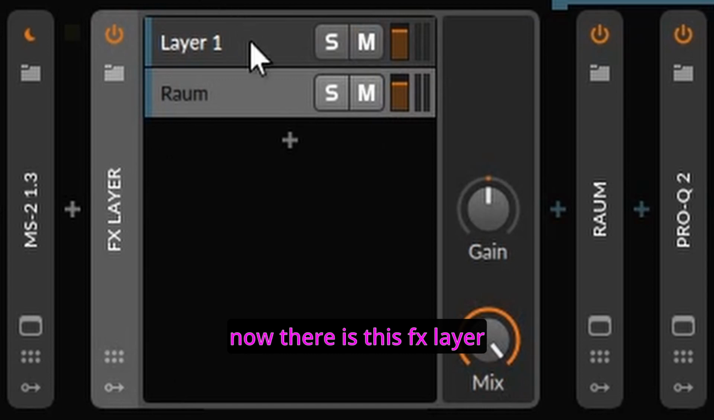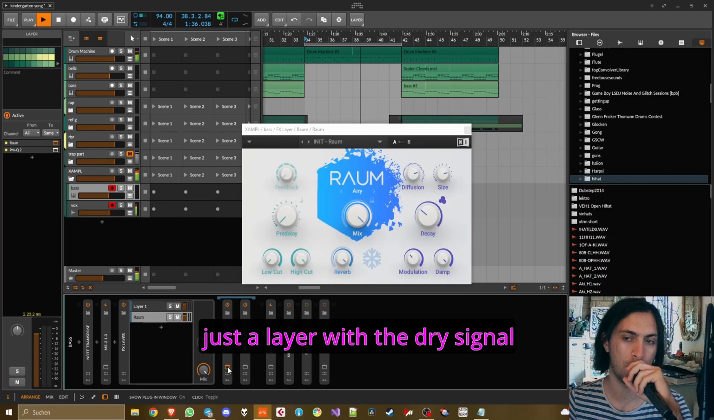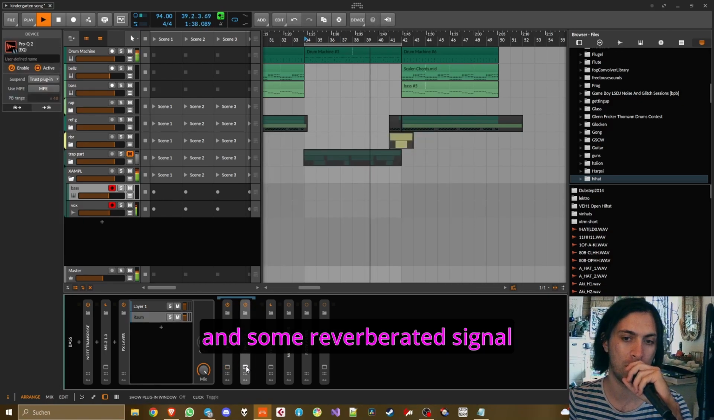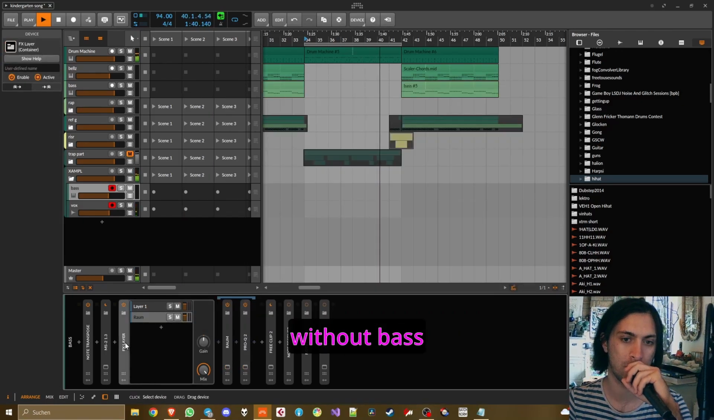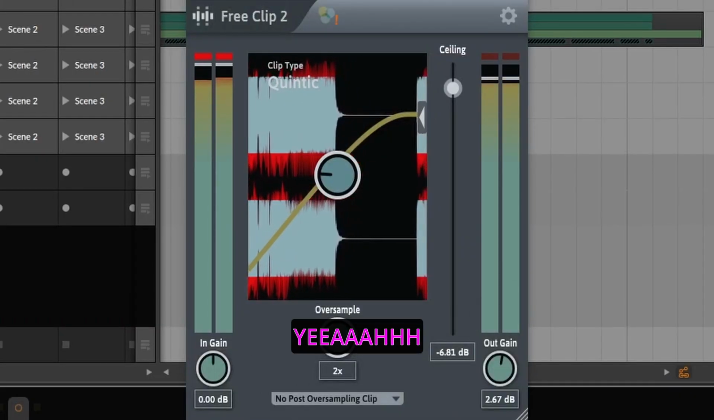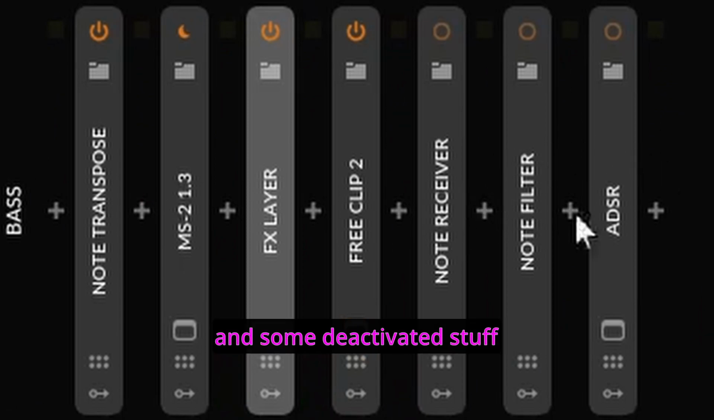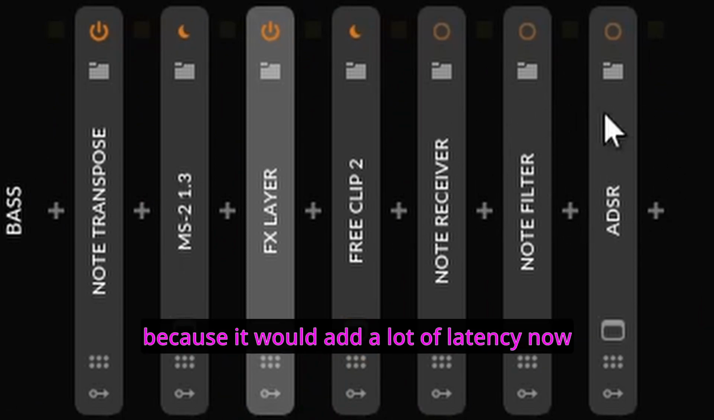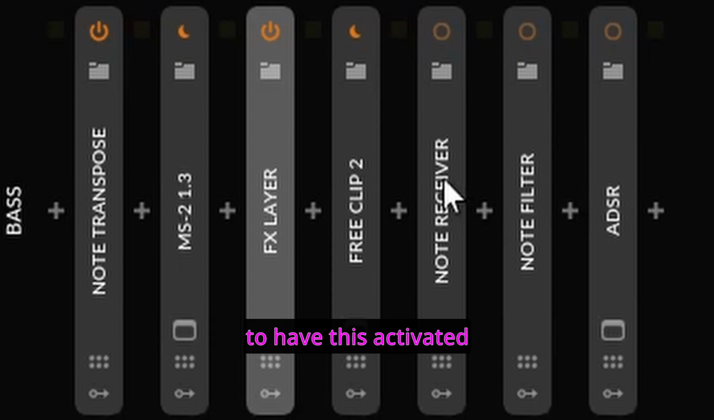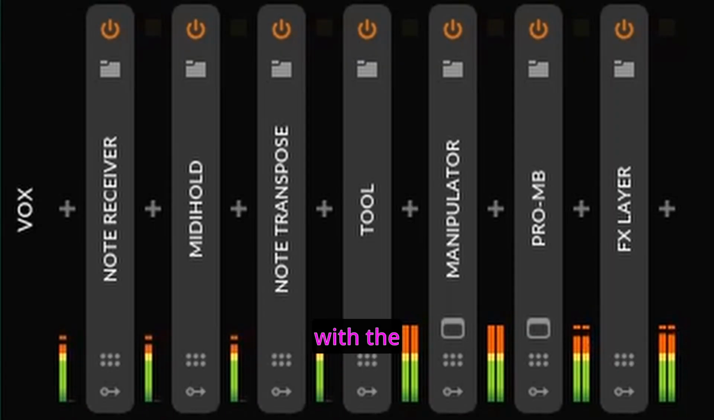Now there is this FX layer. I don't know, nothing special, just a layer with a dry signal and some reverberated signal without bass. A little bit of clipping, yeah, and some deactivated stuff, because it would add a lot of latency now to have this activated, and I don't want that. Now let's go on with the vocal